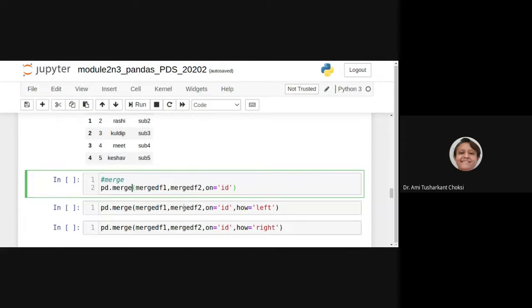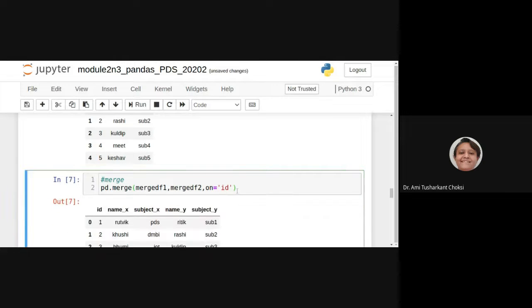Now we want to use the merge. So first of all, pd.merge, merge df1, merge df2 on ID. What does it give us? With the ID, it merges name_x, subject_x, name_y, subject_y. It has merged the two data frames.